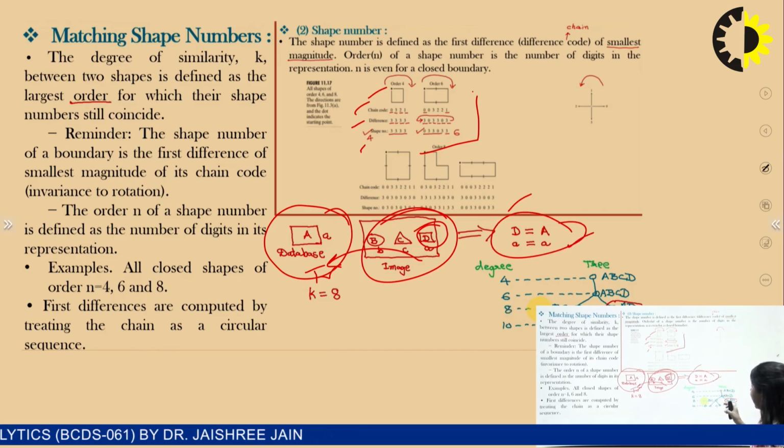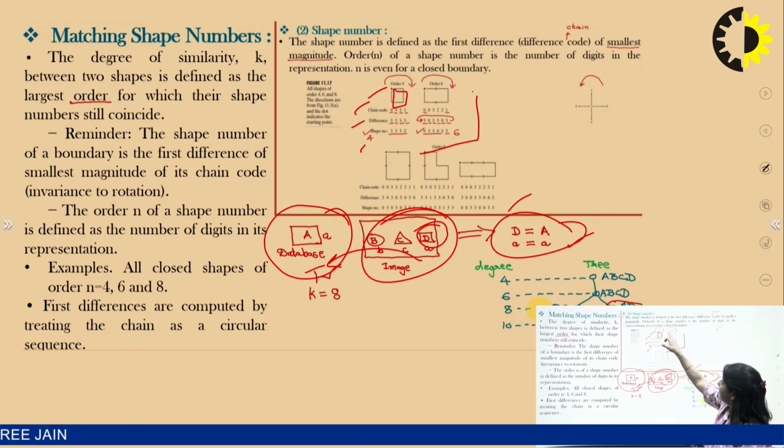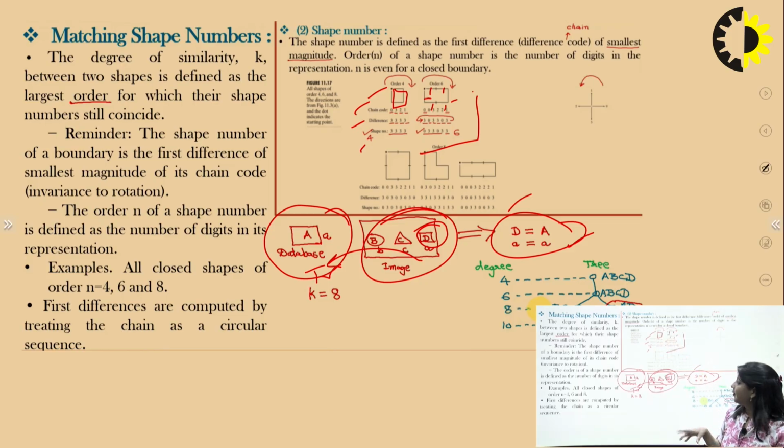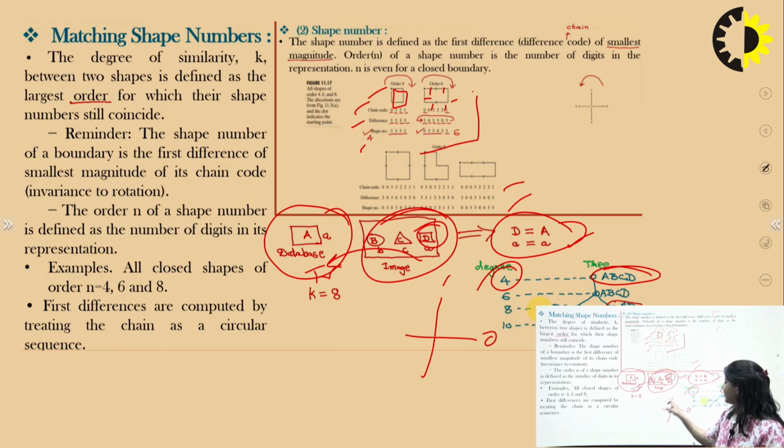Here we have to find the order actually. So what is the order? Here we can find order 4. Here we can find order 6: 1, 2, 3, 4, 5, 6. Order means the number of movements in the boundary segment points. This is order 8. When we have degree 4, degree 4 means order 4. We connect these four, A, B, C and D, all considered in degree 4. Degree 4 is common.